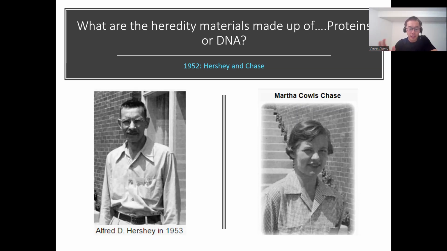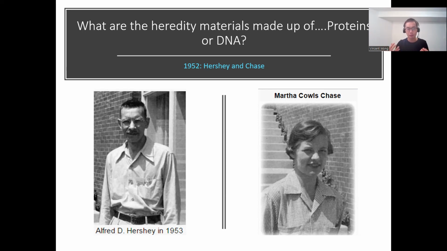They knew there is some kind of hereditary material in the nucleus, but if you remember, we learned in the first half that the genetic material exists as chromatin, right? And chromatin is a combination of DNA as well as proteins. So they knew there's this stuff in the nucleus, but they couldn't decide